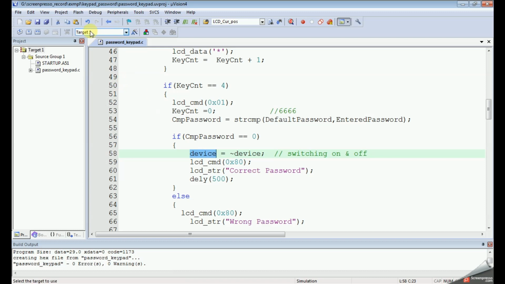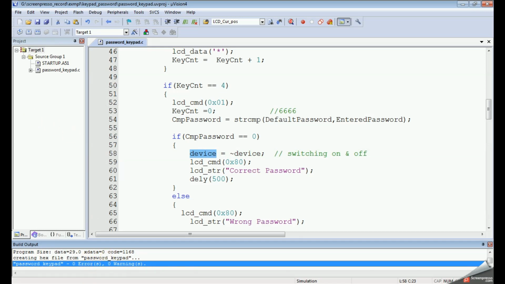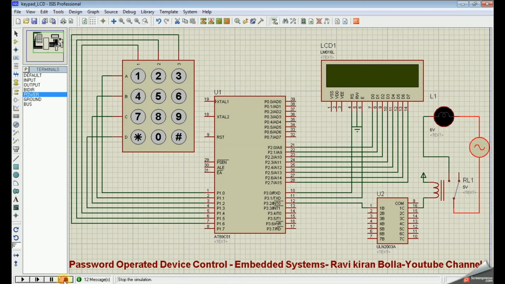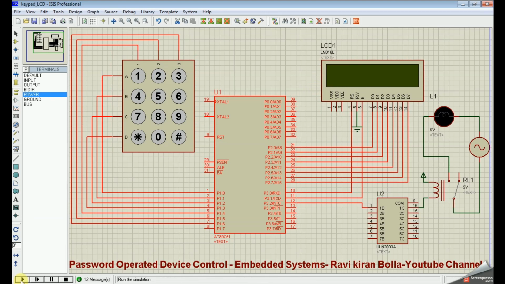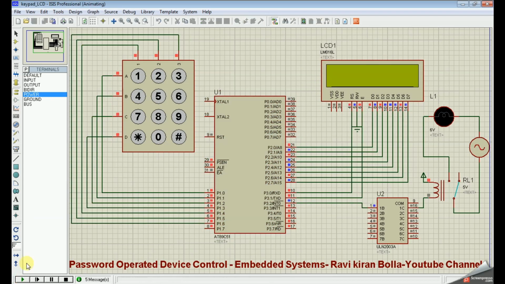So let me compile and build this. There are no errors or warnings. Let me flash this software. Let me play this. Now it is asking to enter the password, so I'm entering a wrong password first.